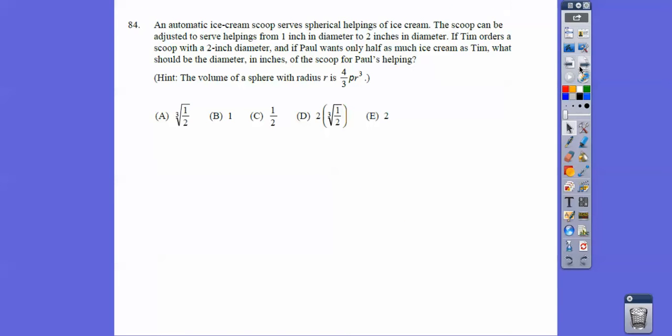An automatic ice cream scoop serves spherical helpings of ice cream. The scoop can adjust the servings from 1 inch in diameter to 2 inches in diameter. So if Tim orders a scoop with a 2-inch diameter and Paul wants only half as much, which means half the volume, what should the diameter in inches of Paul's helping be? Okay, this should be the symbol pi. I don't know where they got that P from. Okay. Anyway,